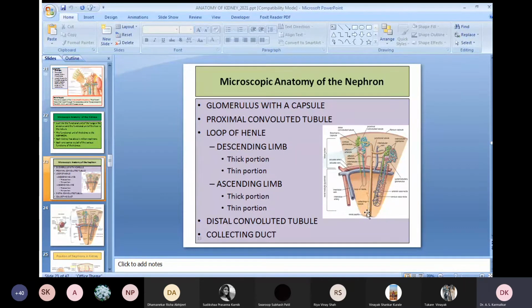Okay, so these are the parts of the nephron which is given here. So glomerulus, where mainly the filtration takes place. So whatever the ions, they will pass through the proximal convoluted tubule. Again, water and sodium, it will reabsorb. Then